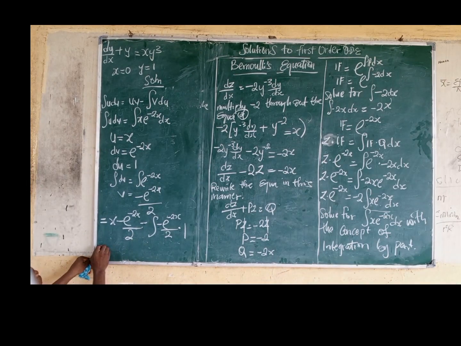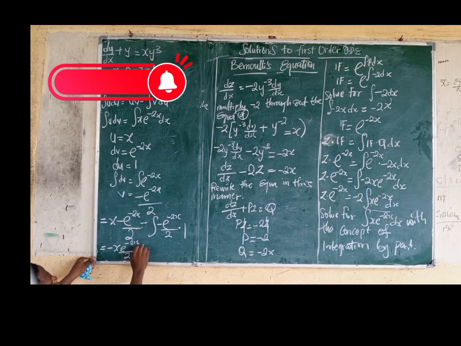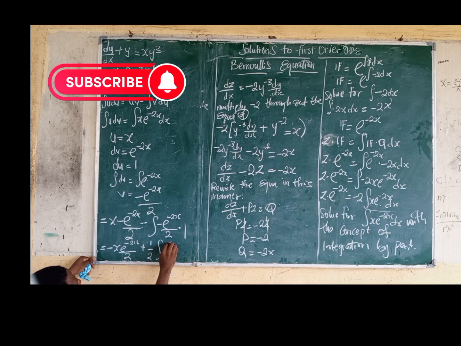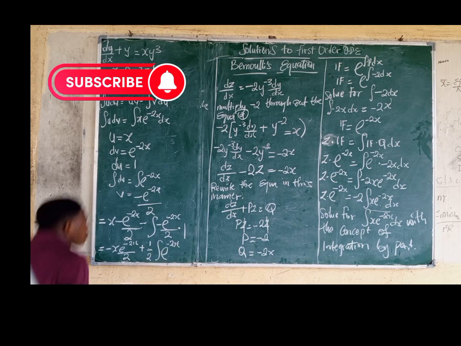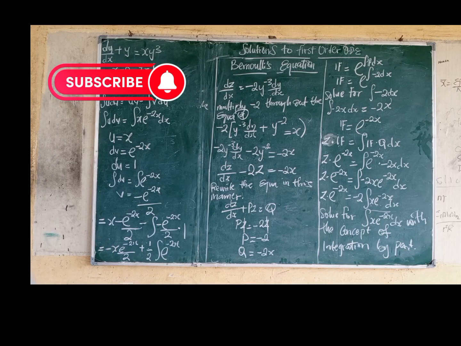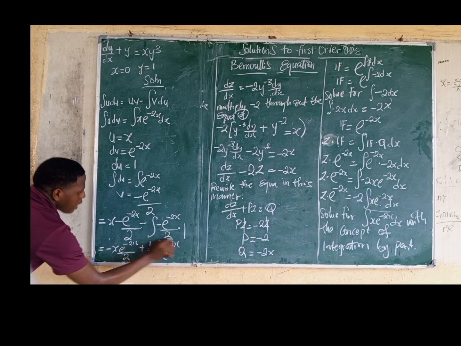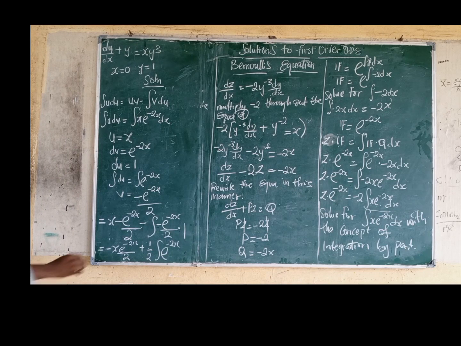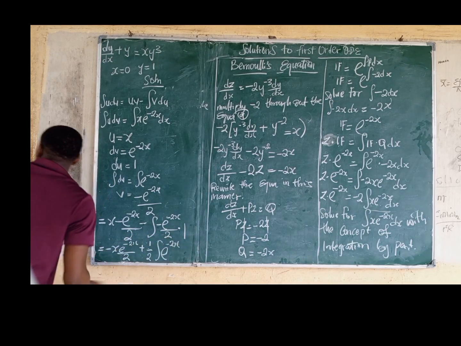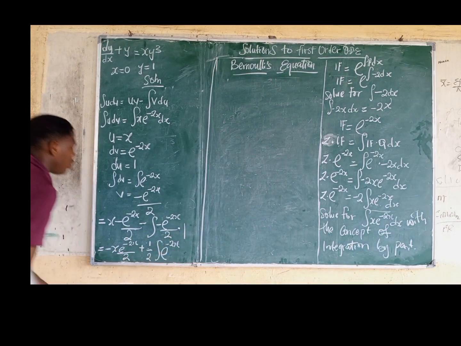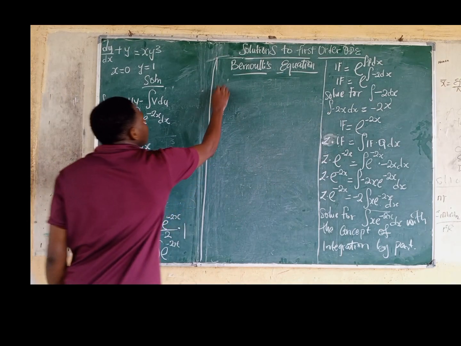Doing that, we'll have minus x e^(-2x) divided by 2 plus, we are bringing out minus 1 over 2, so we are left with 1 over 2 the integral of e^(-2x). What do you do? We can integrate this side of the equation. Integrating this side, you'll be left with